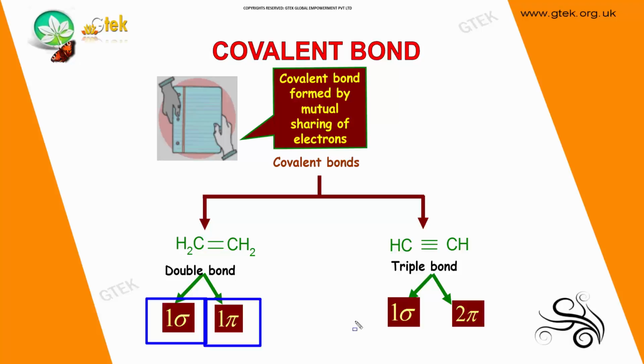Now we'll talk about non-polar bonds. Non-polar covalent bonds are a type of bond that occurs when two atoms share a pair of electrons with each other. They are really strong, requiring a large amount of energy to break. You can see the hydrogen, both have the same charge and it's bonded.